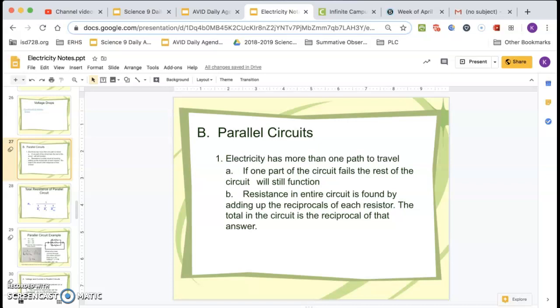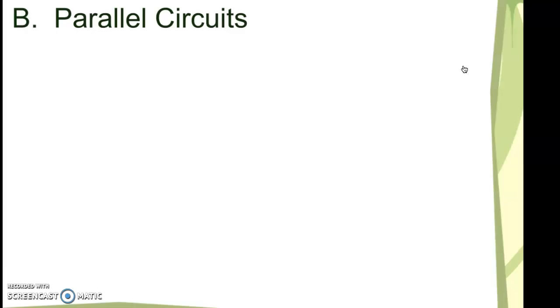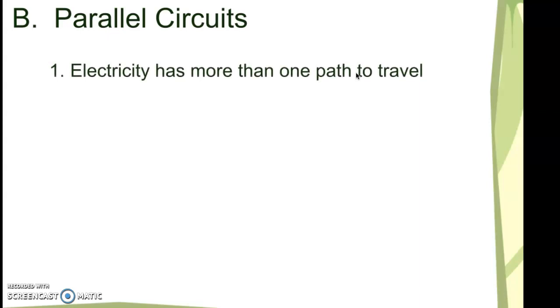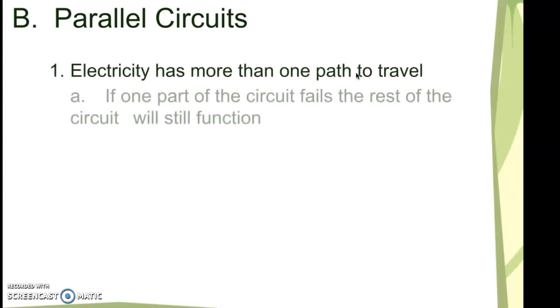We're going to continue this week's lessons on circuits by focusing on the second type, parallel circuits. Different from yesterday's series circuit where there was only one path, parallel circuits have more than one path to travel. And the cool thing about these circuits is that if one part fails, the rest of the circuit should